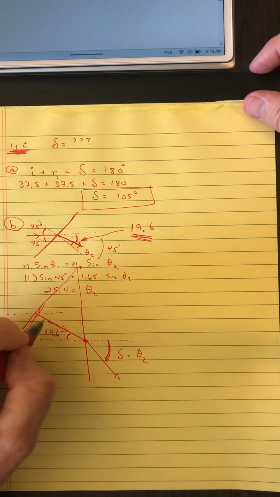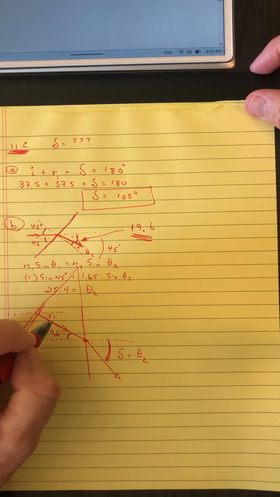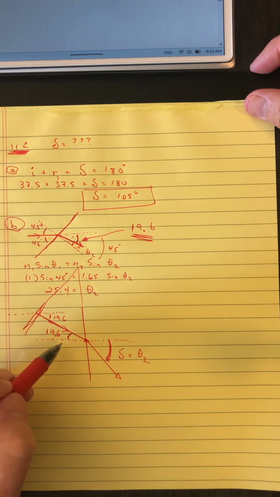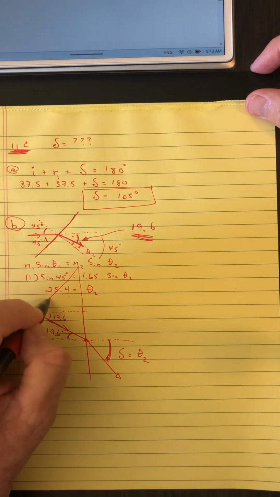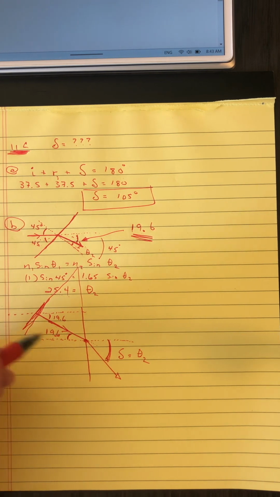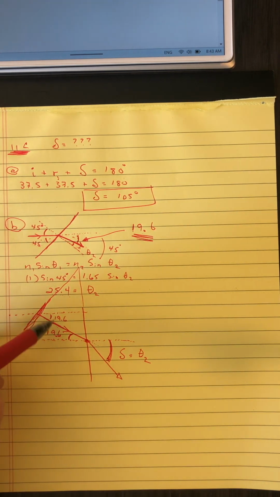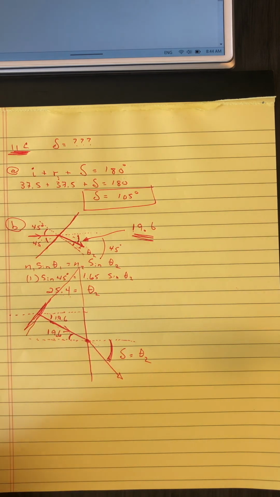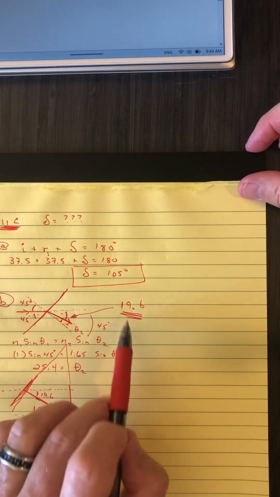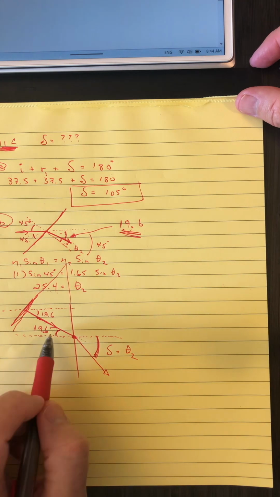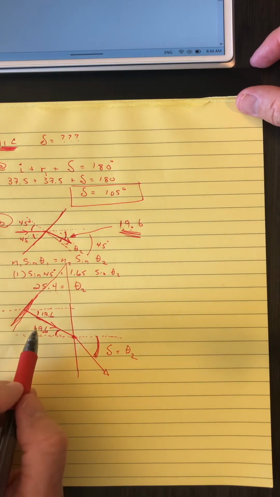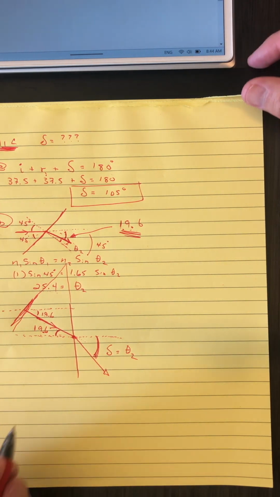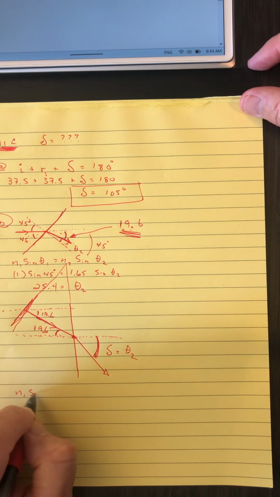And that's because these are alternate interior angles for parallel lines. And so we've got to use our geometry here to go, okay, what is that incident angle? I'm going to remember that for parallel lines, alternate interior angles are equal. So again, using this 19.6, I've got an incident angle right here, same as this deviation angle in the first interface, 19.6. So now I apply Snell's law